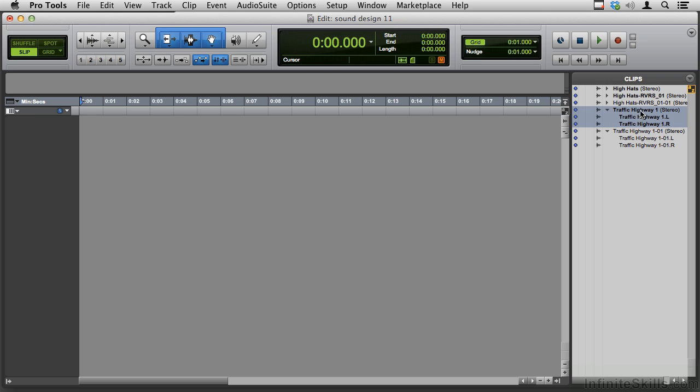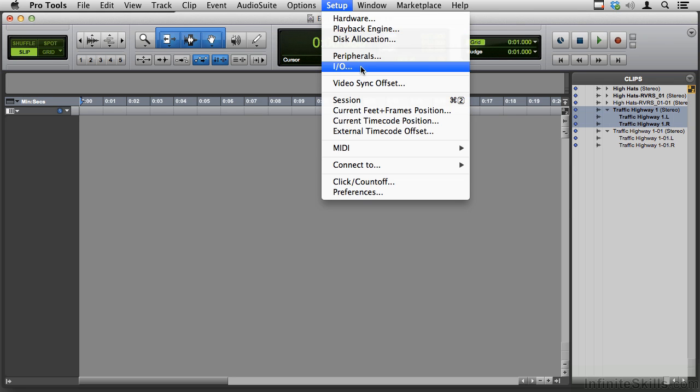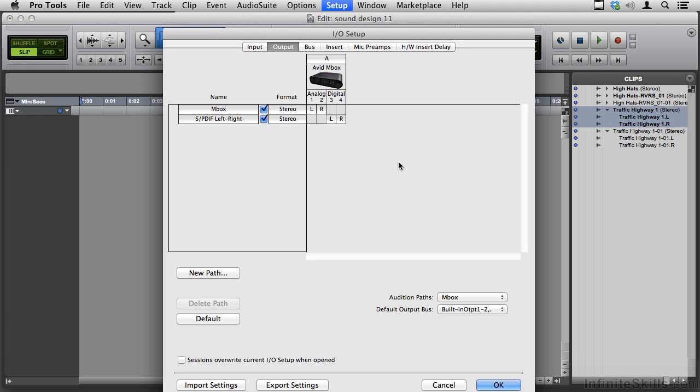And where does it come from? In other words, where does the sound get routed to? Well, you set that up in the setup in your I/O menu. Down here on the bottom, it's the audition path. I've seen new installs of Pro Tools that didn't have an audition path selected, and then when you click, it's